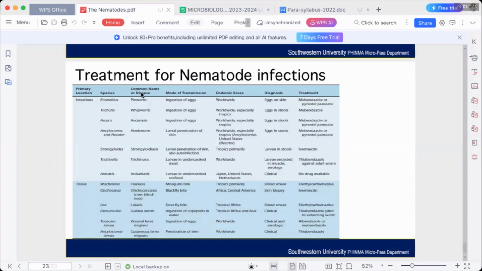So this is a very good slide. You can study this also. It's very easy to study if it's in table form. So there, it's summarized already. Okay, so that's all for